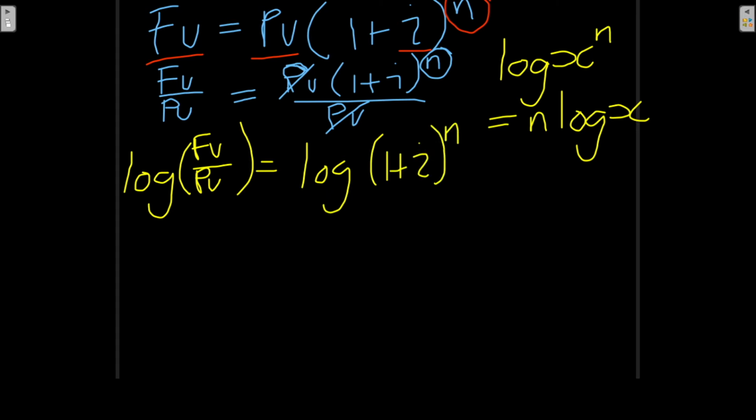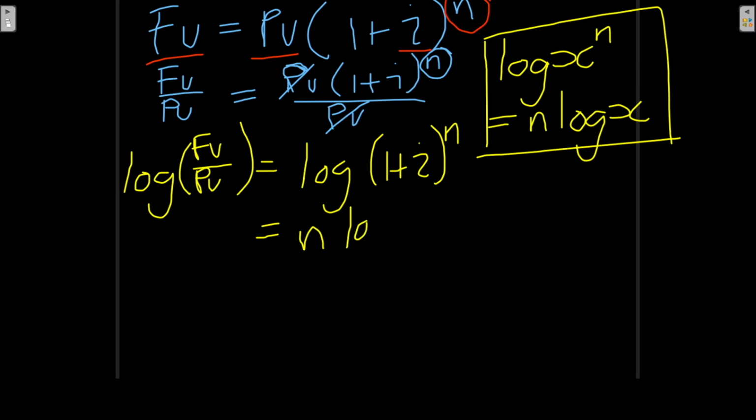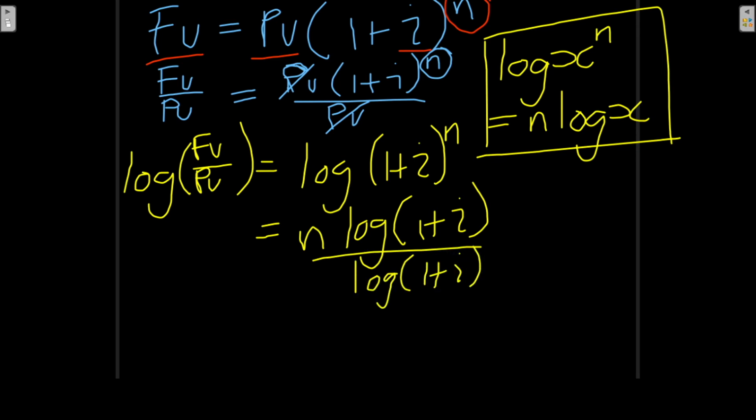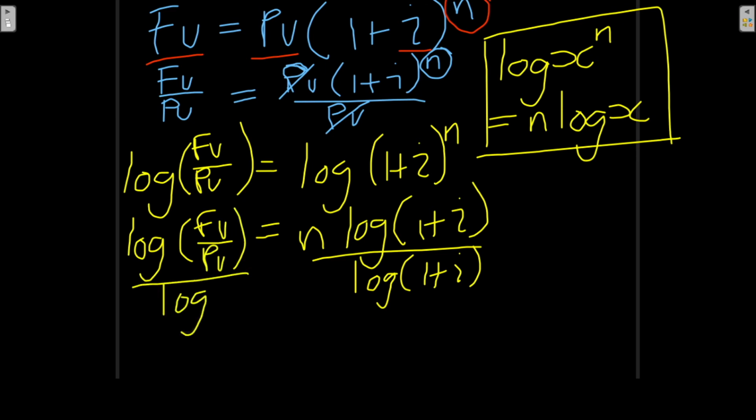Okay, and now you can see, making use of this rule, we can rewrite it as n log 1 plus i. And remember we would like to have n on its own. So I'm going to divide on the right by the log of 1 plus i. And if I do it on the right, I have to do it on the left as well. So I'm just going to rewrite this. Okay, so this will cancel out and that will cancel out. So let me just rewrite it now, so that n is equal to